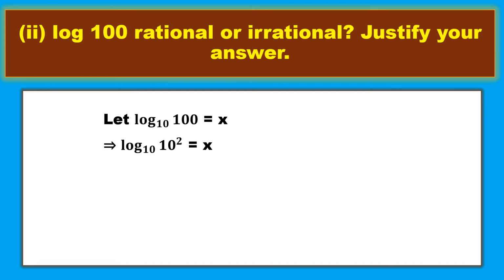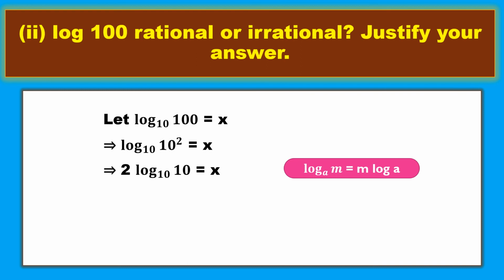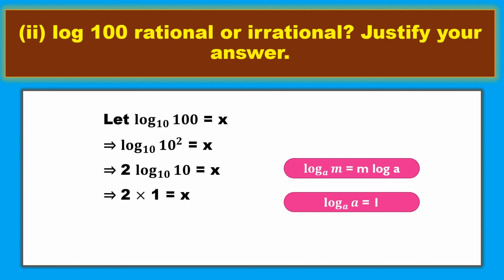Now we have one formula here, since a power is there. For power you have one formula, log m power a equals a log m, meaning simply, the power will be sent to the front. So here our power is 2, so 2 will be sent to the front because we have two same bases. So 2 log 10 base 10 equals x. Now we have the base and the argument the same. When the base and argument are the same with logarithm, you have one formula, log a base a equals 1. Now you can substitute that here as 1. So it will become 2 into 1 equals x. So 2 into 1 is 2. So x equals 2.